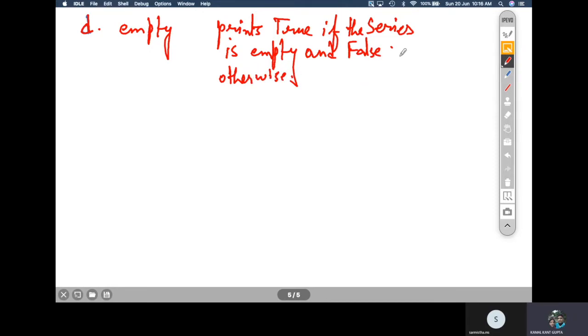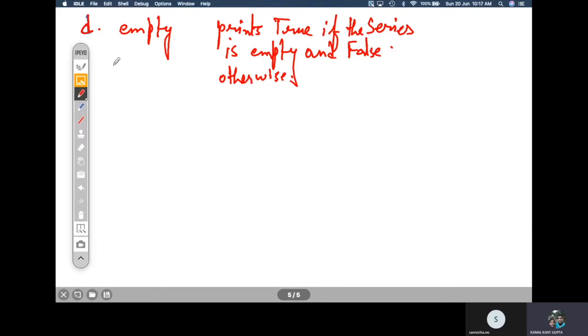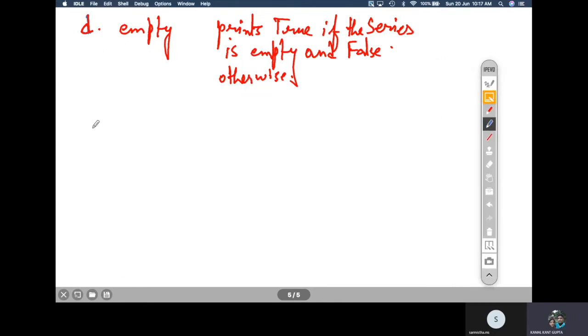Now let us see what it means. It means that if your series is empty, then it will print True, or otherwise it will print False. Let us see the example to understand this.